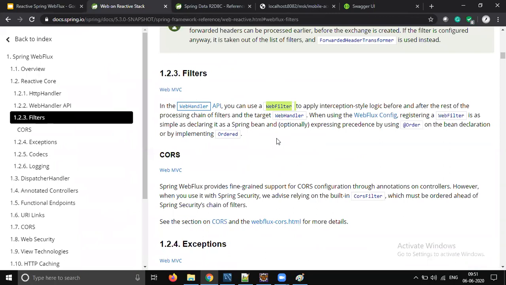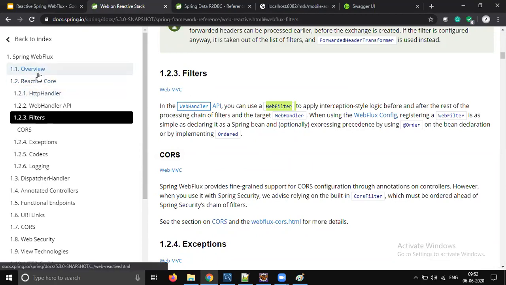Okay, I will show a sample example. So without servlet, if you want filter support, we should use web filter. This is not from servlet, this is from Spring. Okay, so there is no dependency on the servlet API, and it's going to work in Netty server also.